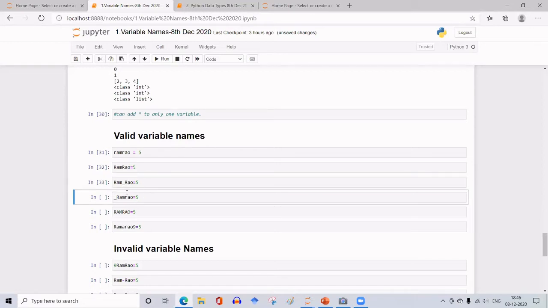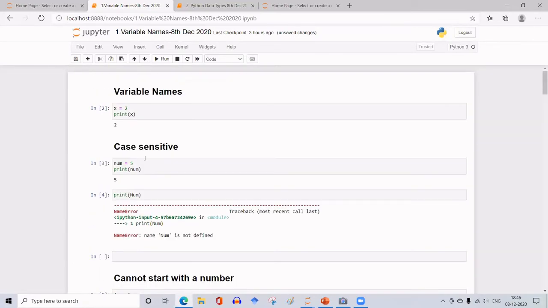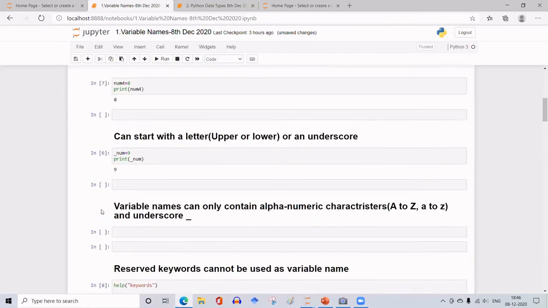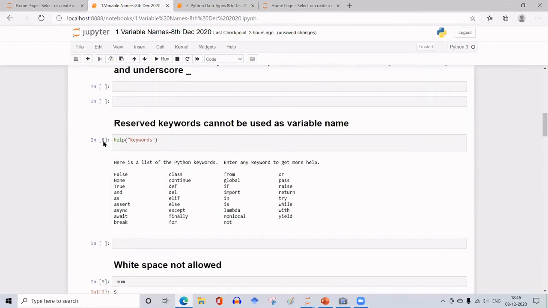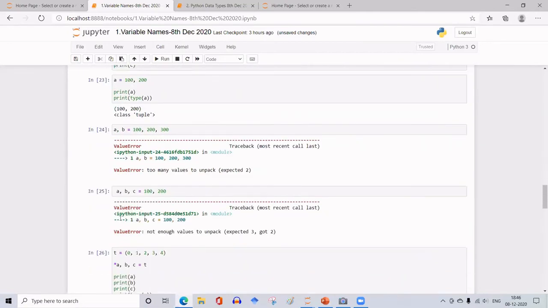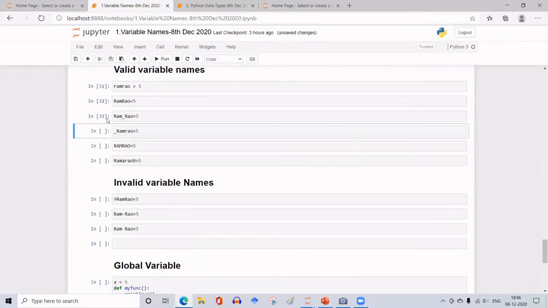You observe one more thing here, starting from the beginning. Whichever cell I have executed, it is giving a number to it. This cell I executed the second time, so that number is here. And then I executed this cell, so this is number 3, 4. Like this, in a consecutive manner, it continues numbering these input lines. So I have come to this line, the 30th line, which is a comment line. And this is the 33rd line.